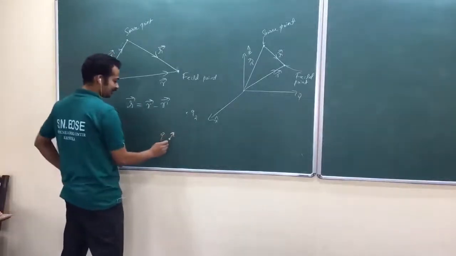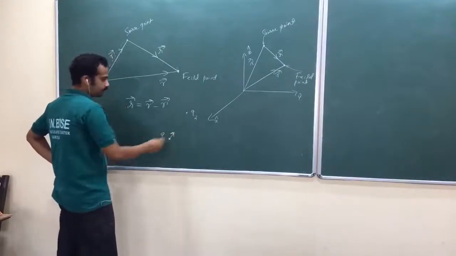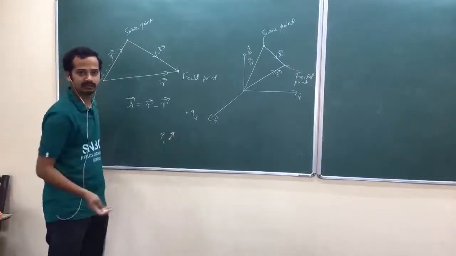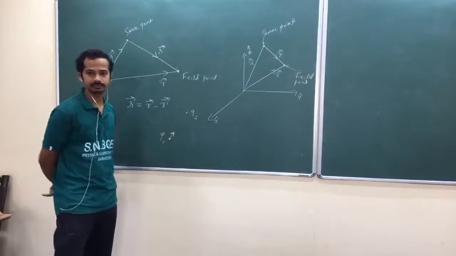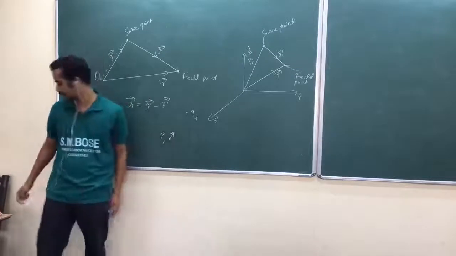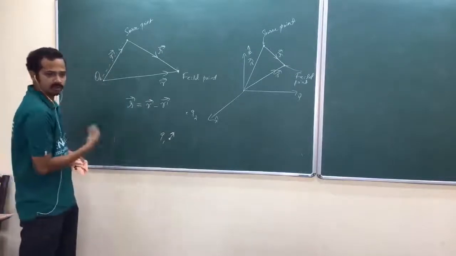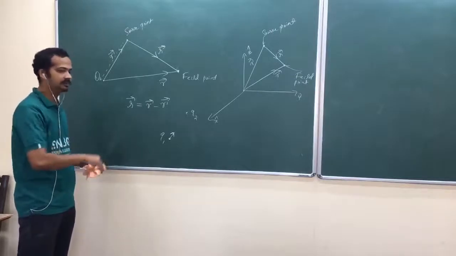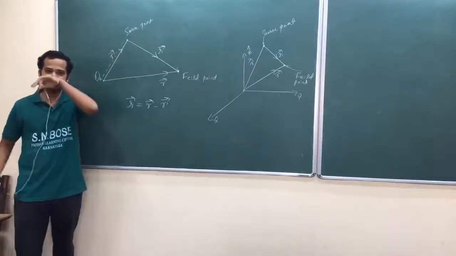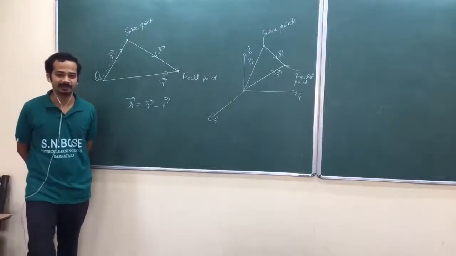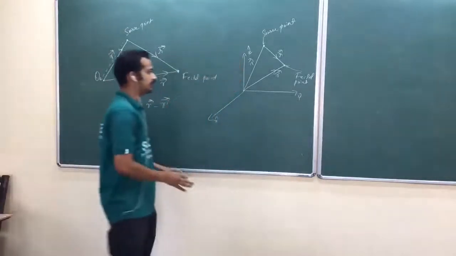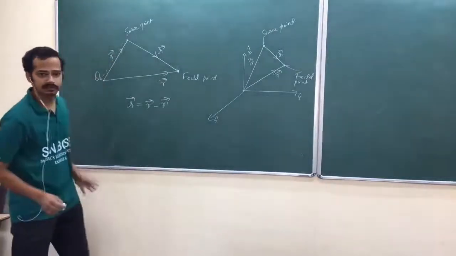Now again, how does this charge know that this one got moved? Non-relativistically we say it is instantaneous, but it is not actually. So it will lead to some more theory. If you think still deeper, the questions remain. What is the exact meaning of the electric field? We can't see the electric field. Still, how do we say there is a field? That leads to the development of further theory. But while studying this, if you think of that, you will definitely feel uncomfortable.